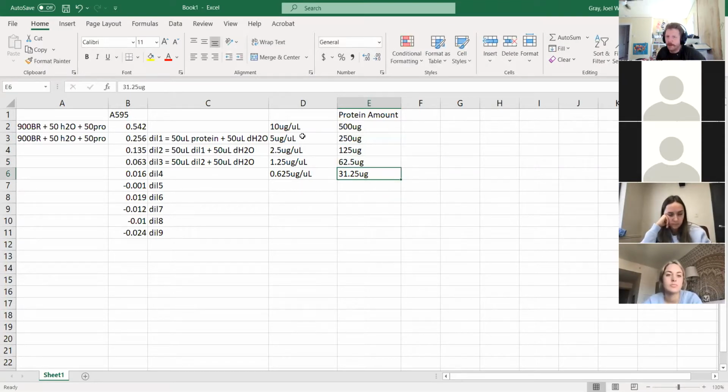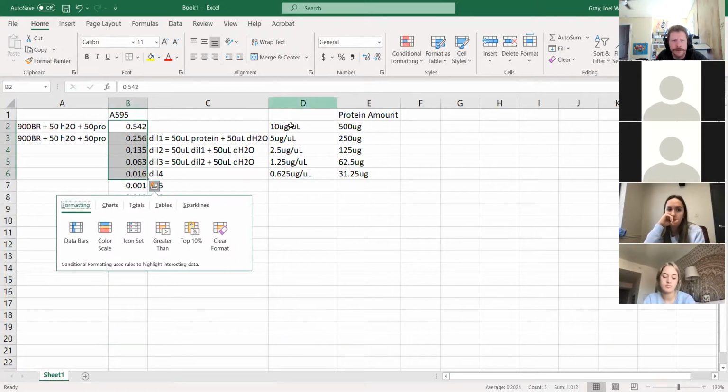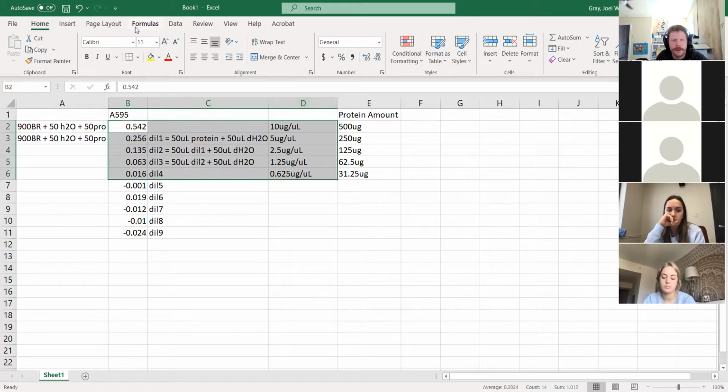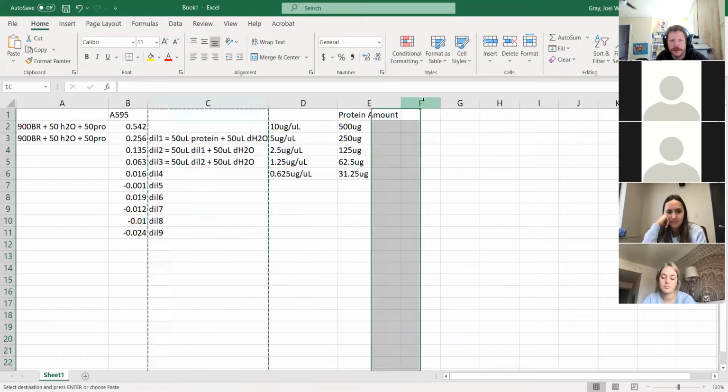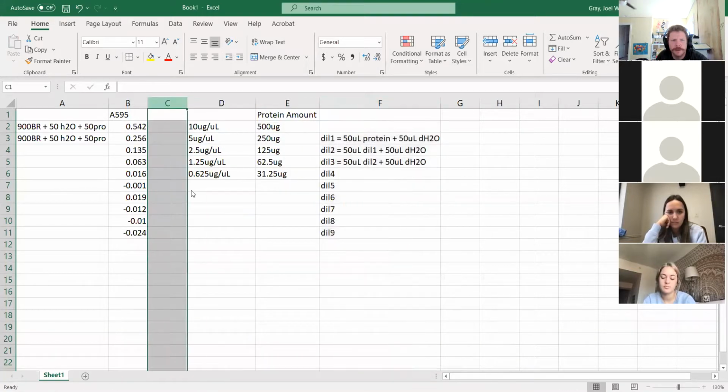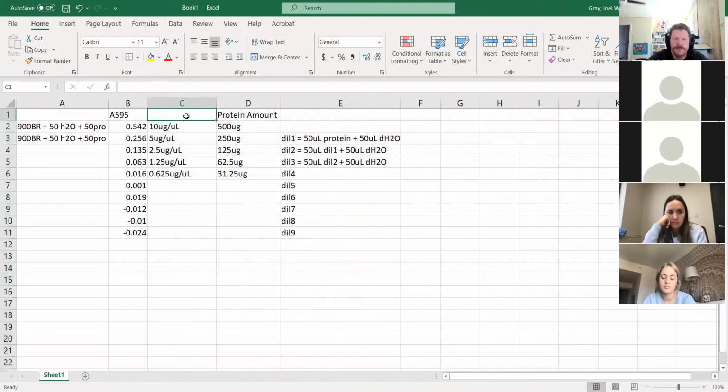Okay. How does everyone feel about the numbers that I've generated here? So what I want to show y'all is that we can generate two different graphs. Now, one of those graphs is going to be our absorbance. And this is where, oh, rats. Okay, I'm going to move column C over here. There we go. Okay. One of these graphs is concentration